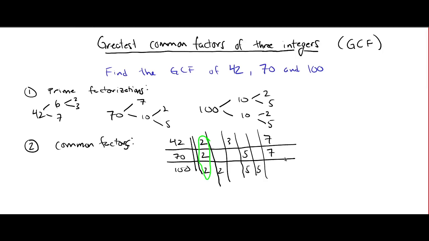So what that means is the only common factor of 42, 70, and 100 is 2. So the last step, we don't really have to do anything. We have to multiply the common factors, but there's only one common factor. So the greatest common factor is